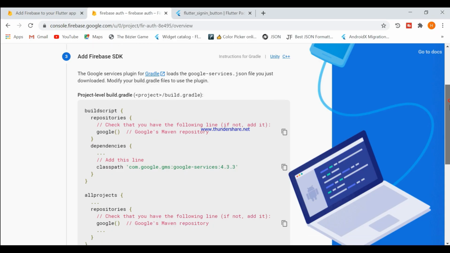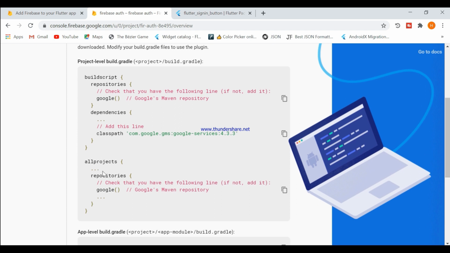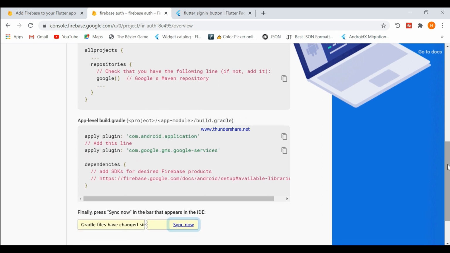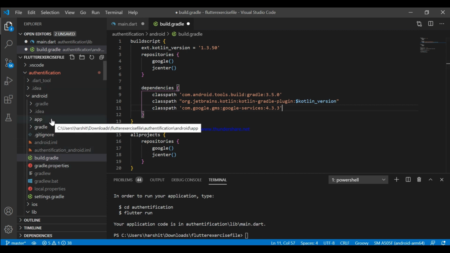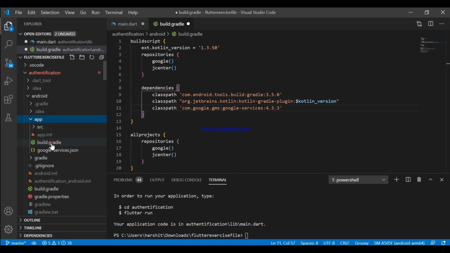Now just copy the other file, which is the Google application one. Just copy this, and this time just press on this app and this build Gradle.